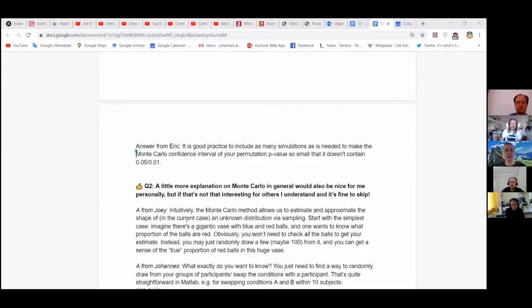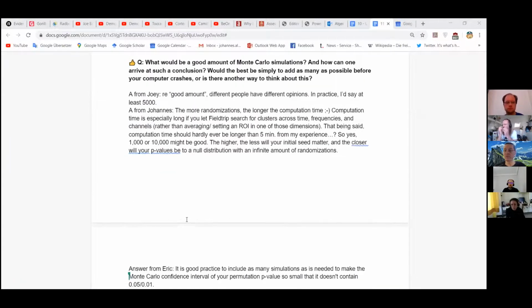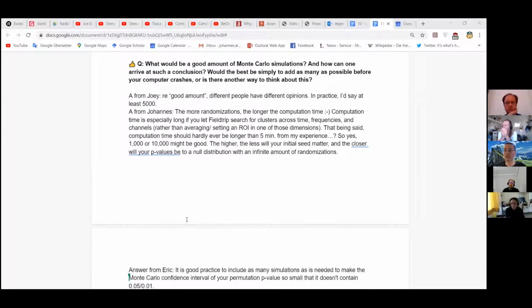I think since a few years, we now report the Monte Carlo confidence interval for the permutation p-value. Okay. And do you want to explain what it is and how people get it? Yeah, okay. So,